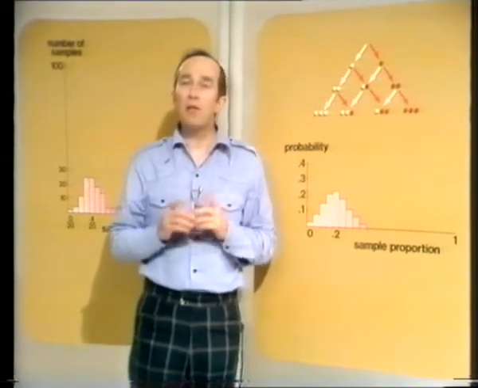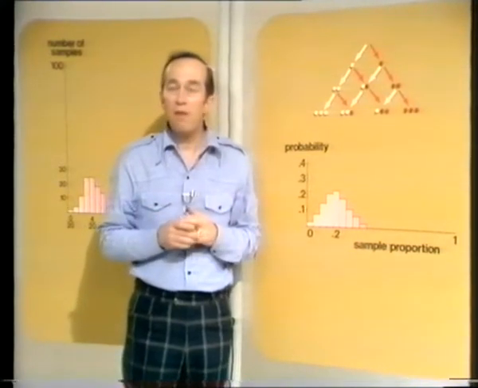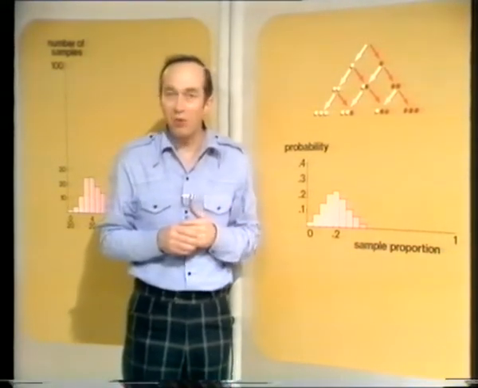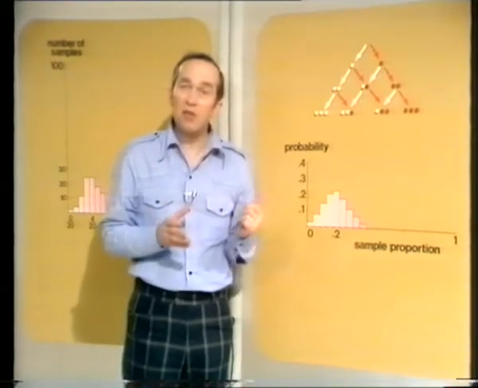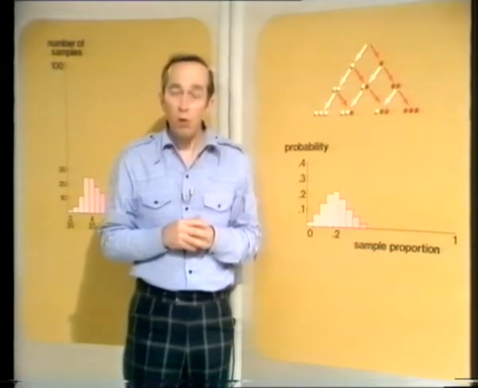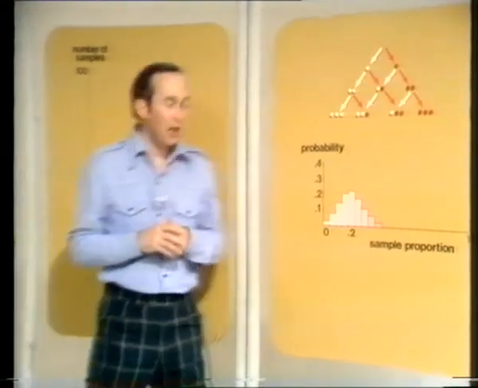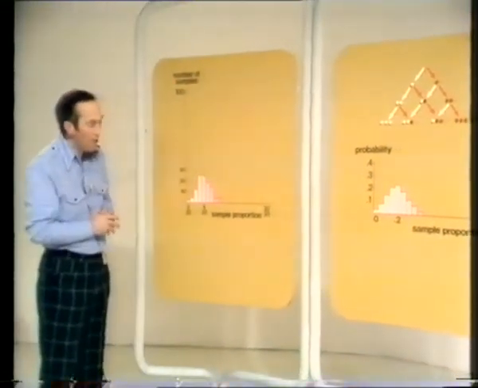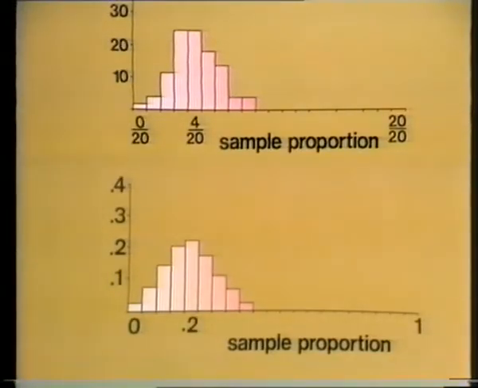But wait a minute, we've already done a long run of experiments. In fact, it was only 100, so that's not perhaps a very long run. But we've got 100 experiments with which to test this model. What we have to do then is to look at these probabilities and compare them with the results that we obtained before. And here they are. And if we put the two together, then we can see that the comparison is not bad. The theoretical probabilities are down below, and the experimental results up above.